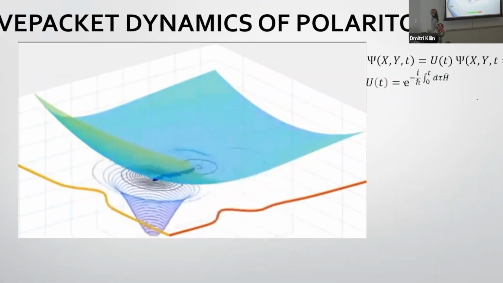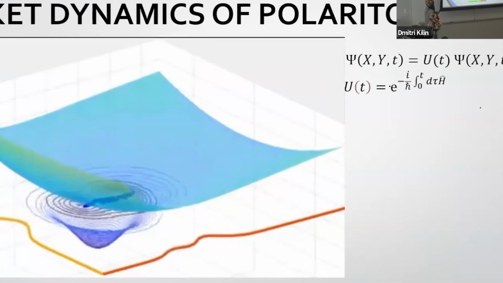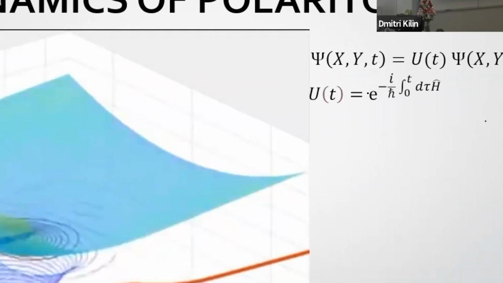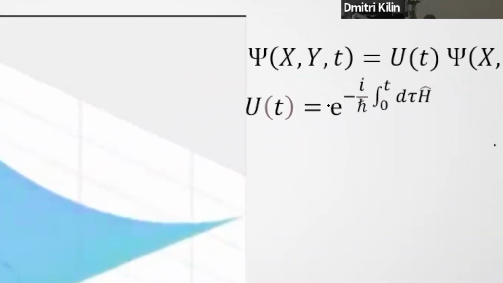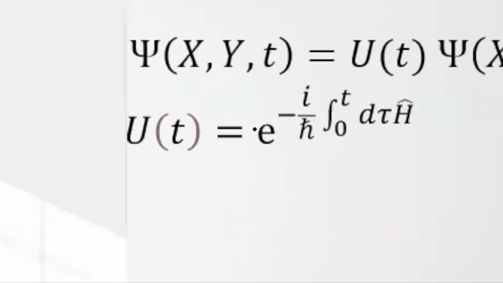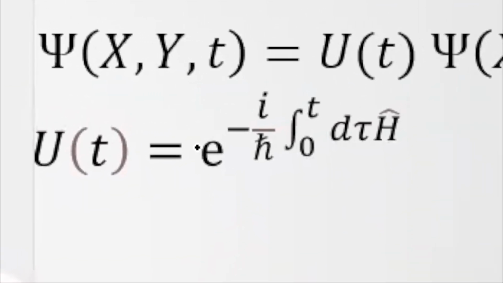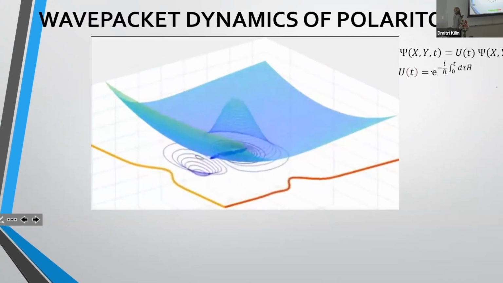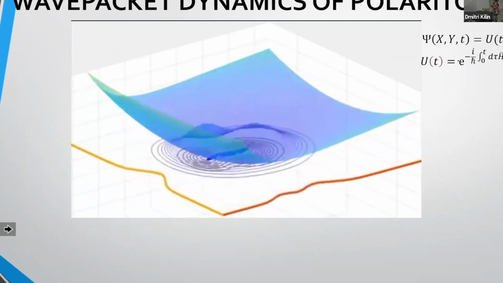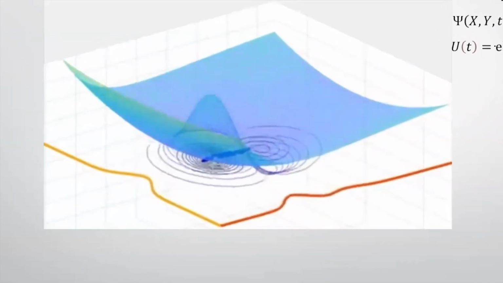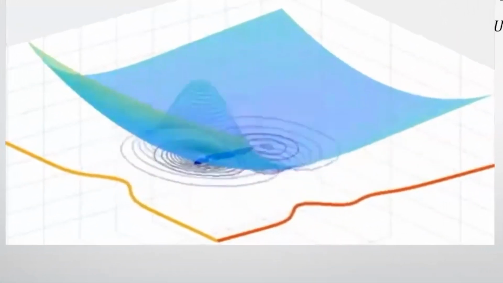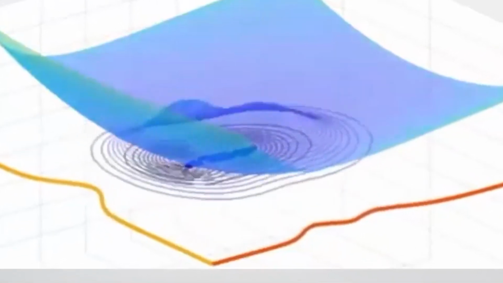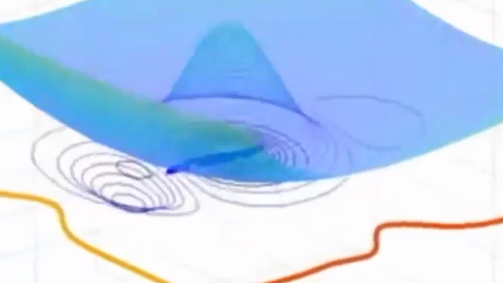When the evolution operator acts on the wave function, we are able to determine the eigenfunctions of the system at any point in time. And if we're able to get the eigenfunctions of a system at any point in time, we can calculate the average trajectory of the system, which this is actually doing at any point in time,